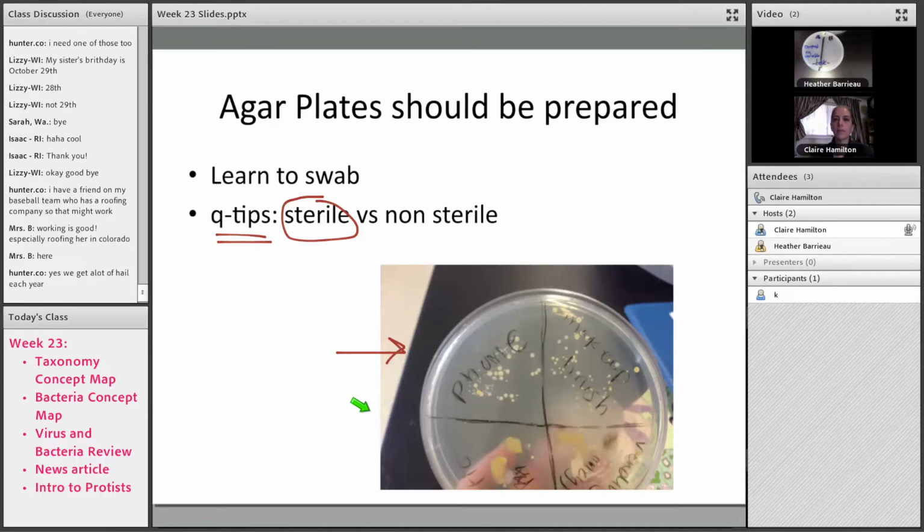So that's kind of what the lab was. I showed them how to swab and set that up today. Told them that they can't open it and they can no longer touch it once they have their swabbing, and then just store them appropriately until they can look at them. Yeah, and then another thing that I did, and I only have part of it, I don't know where the